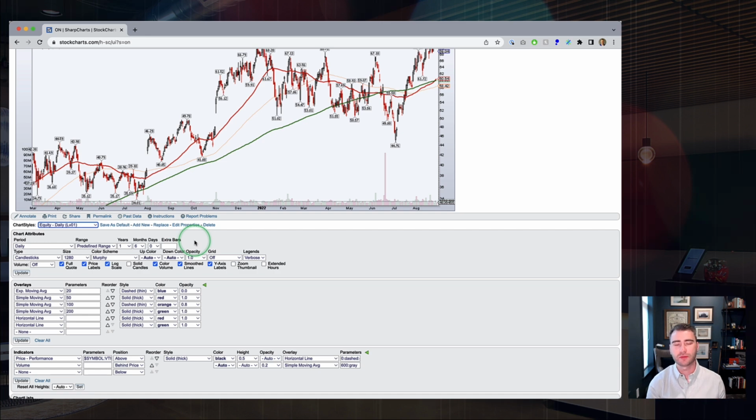So kind of like we did with ACP, once you've set up a SharpChart, all the settings and everything are exactly the way that you want them, you can quickly add a new chart style by hitting the Add New button. All you have to do is enter a name for that, hit Add, and that chart style will be added